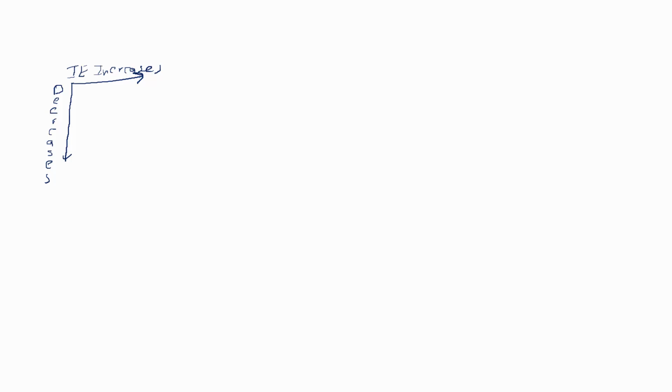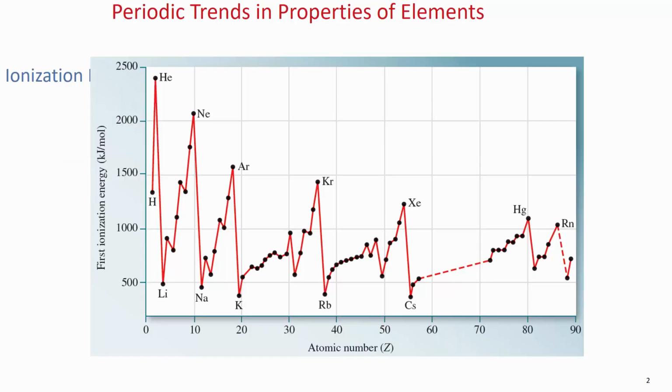So what I want to talk about in this video is, we know the trend is increases as we go across. We know that it decreases as we go down. But in the periodic table itself, there are some anomalies that occur in this trend, and we need to know why those anomalies occur. So if we look at the next slide, this is a plot of first ionization energies